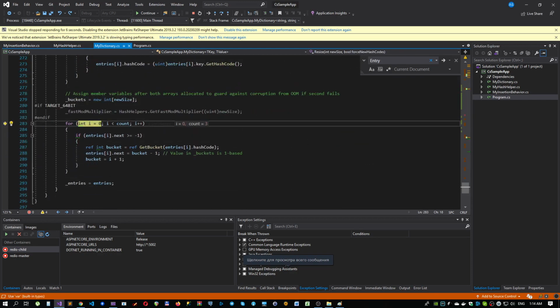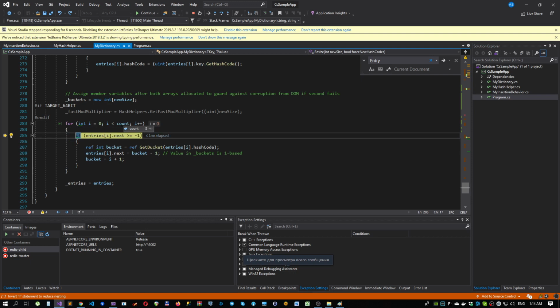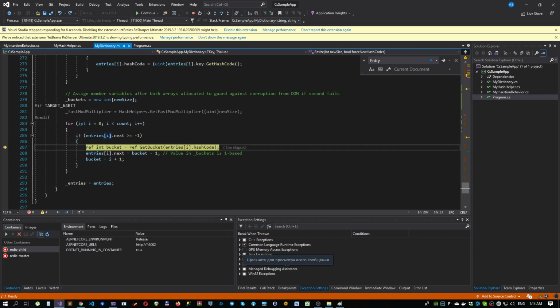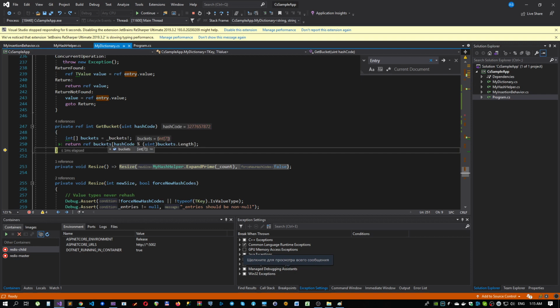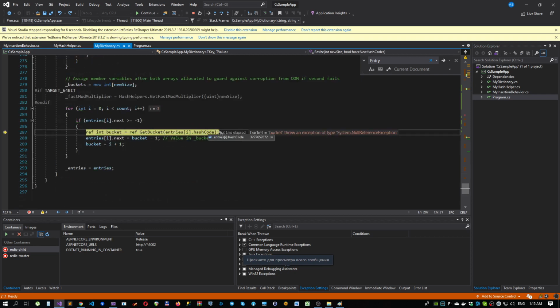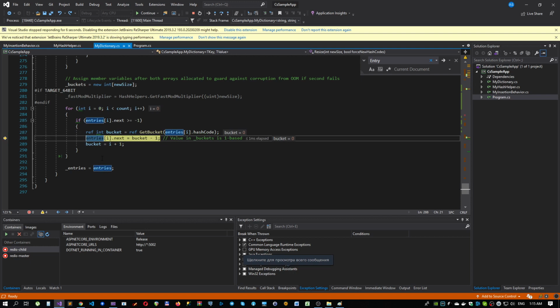Resize, yes. Therefore, currently our buckets has length of 7. We go through each of our entries, and this expression will be always true because entry contains either -1 next element or bigger. And then we rehash our bucket by getBuckets. We get modulo here. We return our appropriate bucket for this existed entry, and we just reassign next pointer in